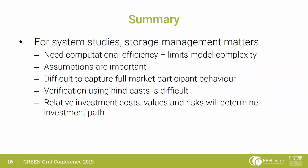Verification using hindcasts. If a previous year is not optimally operated, don't know if it is or isn't, can you expect there to be a match? With the simplifications and assumptions you make, should you expect a match? Do you want to even get a match? I'm not sure. So I think with these future scenarios, there's wisdom in many ways, and taking a consensus